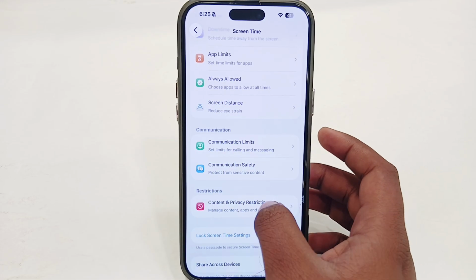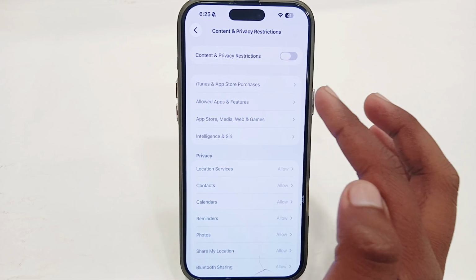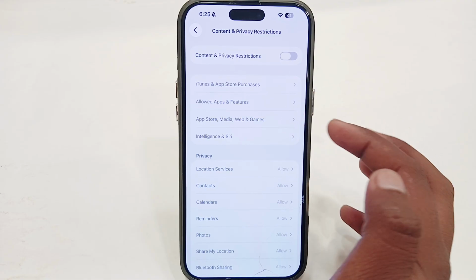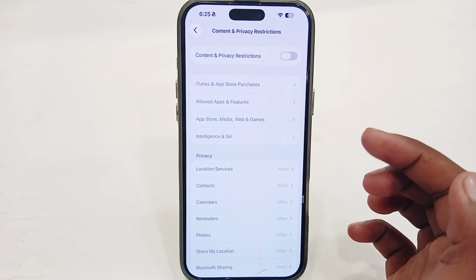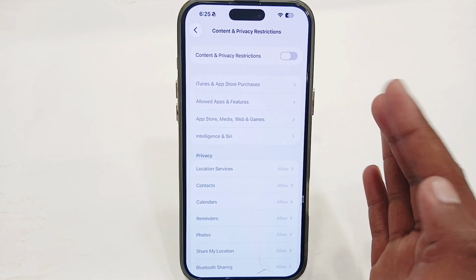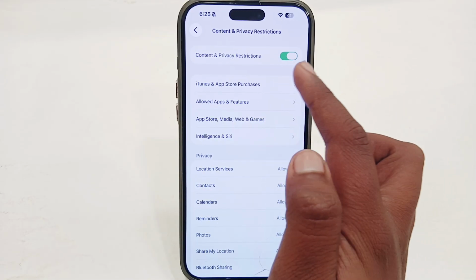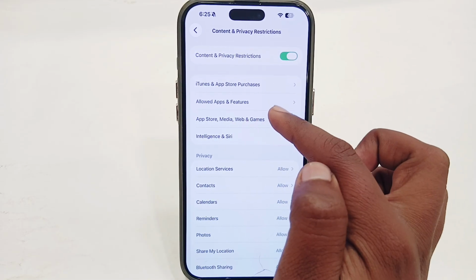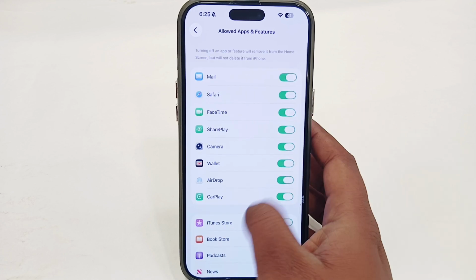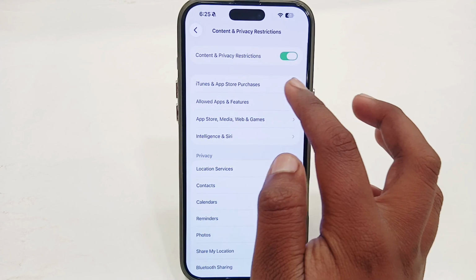go to content privacy restrictions and disable all the restrictions from here, because sometimes it might be that your TikTok app has been restricted due to age restrictions. So as you can see that whenever I try to enable these restrictions and then select allowed apps and features, or just select app installation,